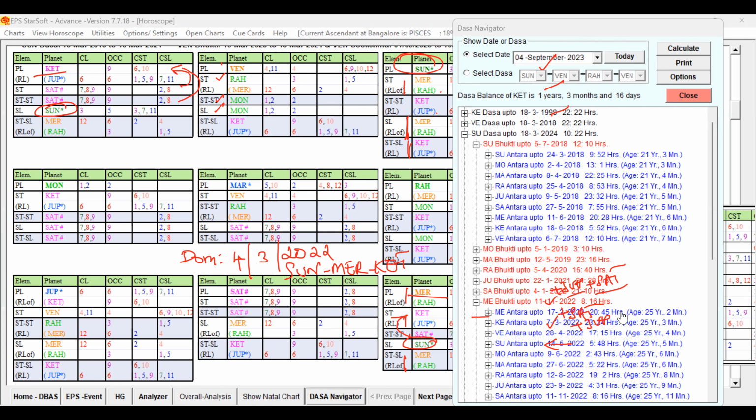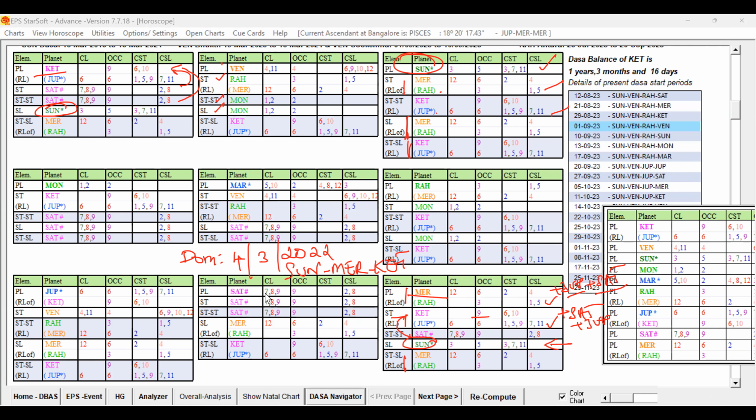Yes, you can see, March month is coming in this. You can see from January onwards, Mercury started. 3 months, 6 months before itself, that engagement or fixation would have happened. Saturn Bugdi itself would have supported. How? You can see Saturn is favorable, 7, 9, 9, 2, 7, it is all supportive for the